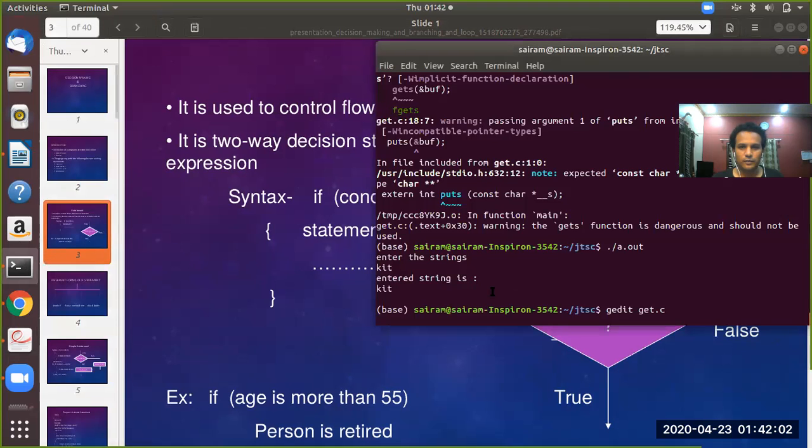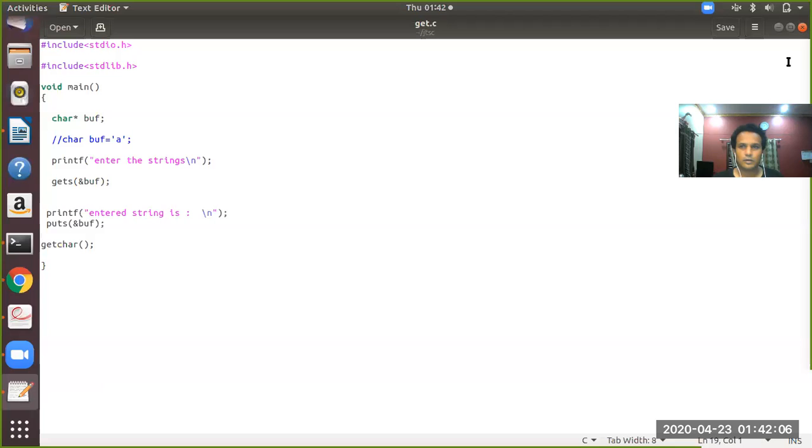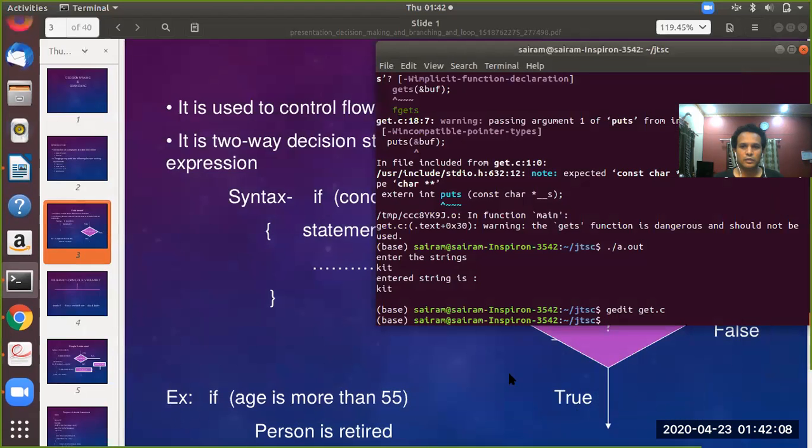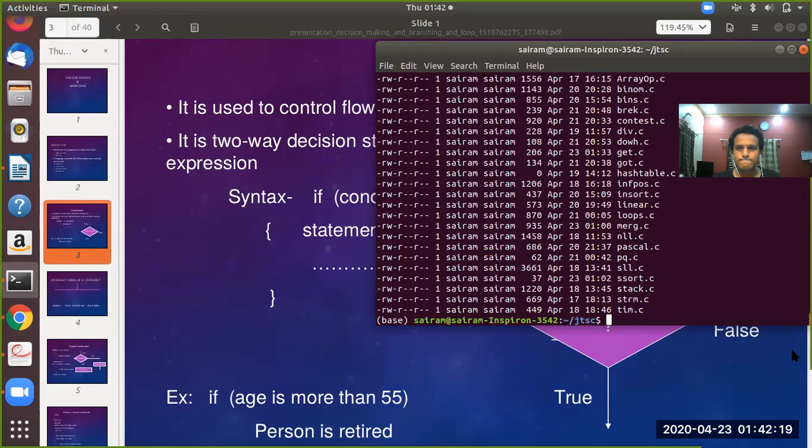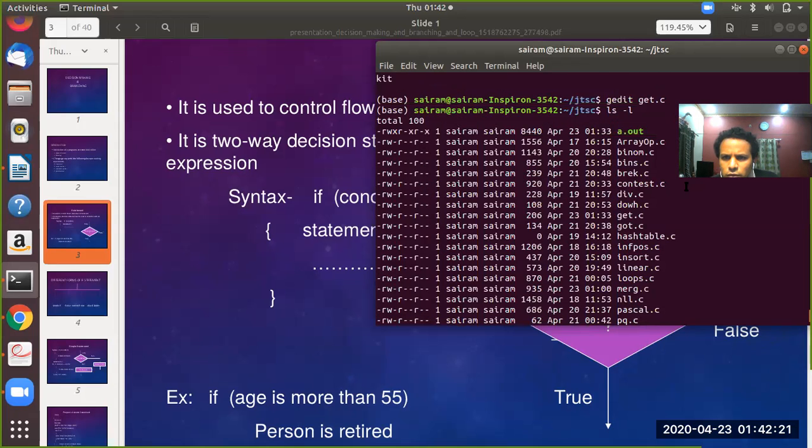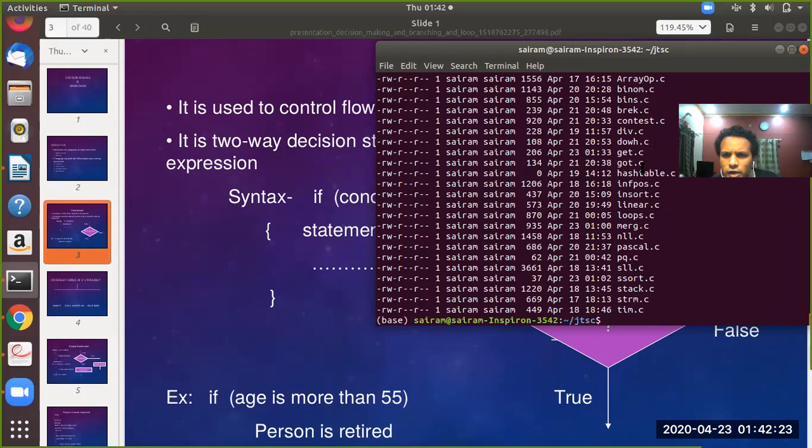Okay, so now, ls -l. I have so many programs here which are typed by me.